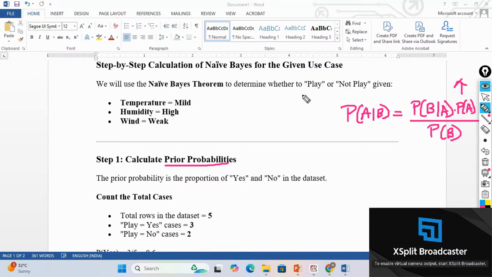What does A represent in our case? A represents Y, B represents X. And how many X do you have? 3. X1, X2, X3. Okay, so P of A represents nothing but P of Y. So let us calculate the prior probabilities. The first step,